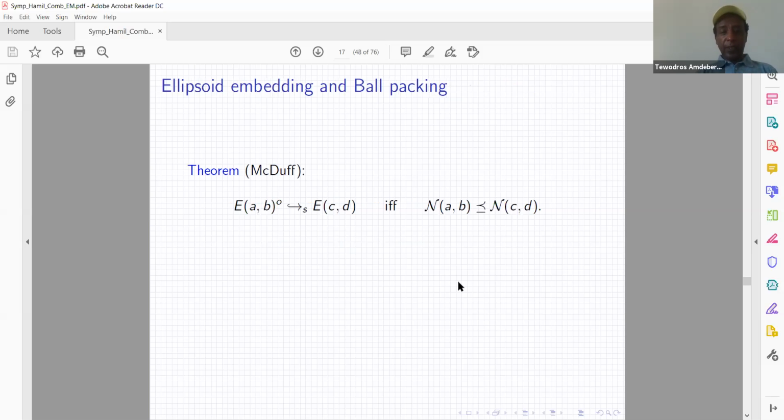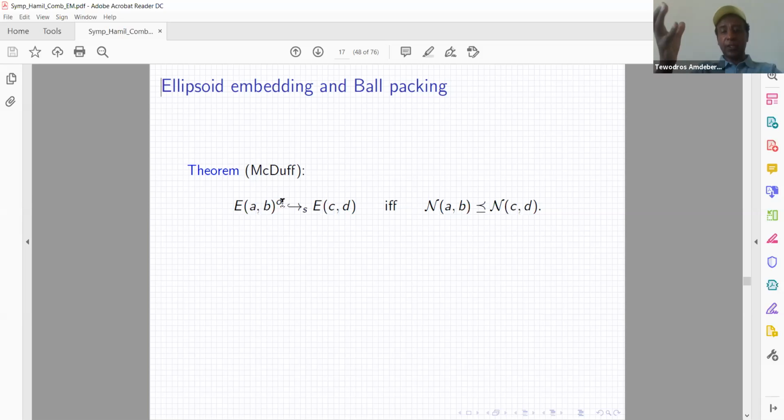All right, so later on, several people got involved in this problem. Questions like, can we embed one ellipsoid into another? If we can, when can we do that or not? I'll mention two results. The first result is due to McDuff, and now there is something we give up. Embedding an ellipsoid into an ellipsoid is a tricky business if you consider the closed ellipsoid,